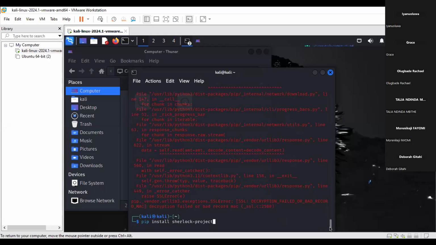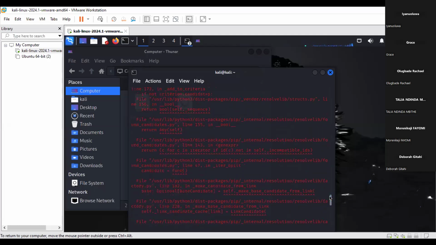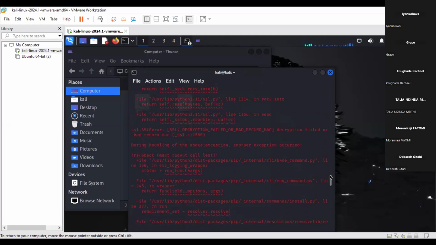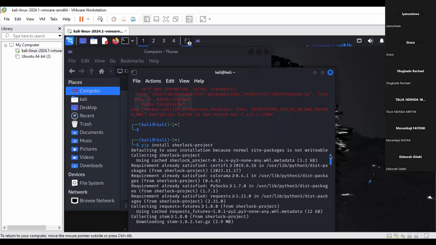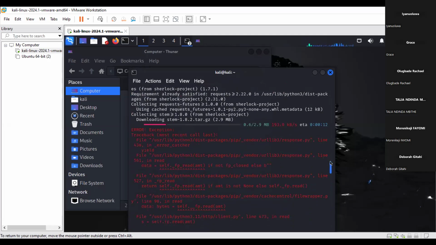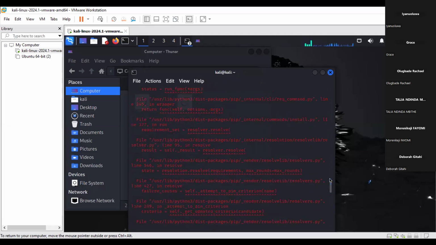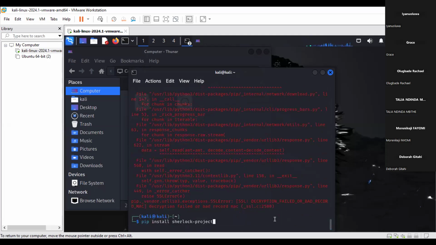This is weird. The pip install shell of projects. Scroll down. So I'll run the command again, please. Just press enter, run the command again.